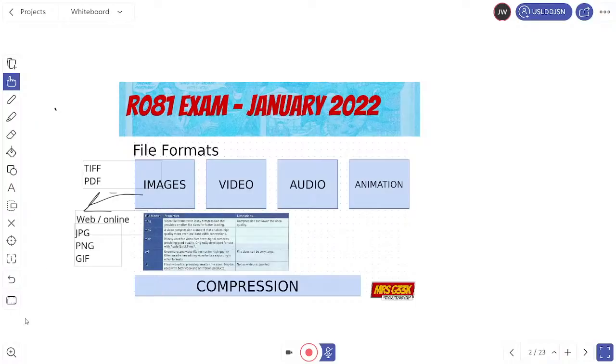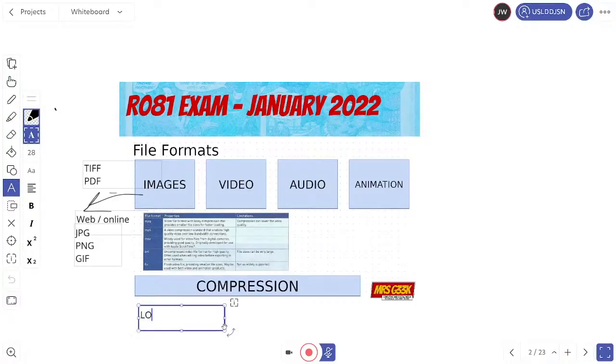So let me do a little, I'm going to do it by a text block again because I cannot use this graphics tablet as predicted. So you have got two types, lossy versus lossless. Let's talk about the first one first. Now lossy is where you reduce the size of the file, and when you do that, you chuck away some of that information or the data on the file.